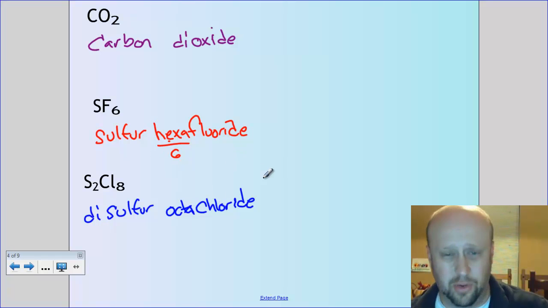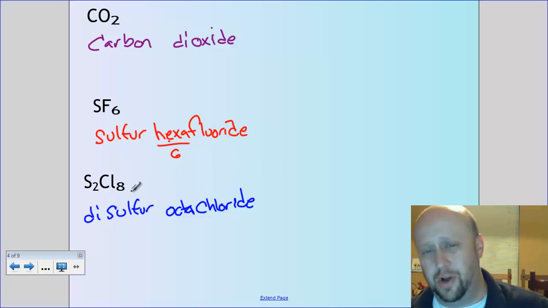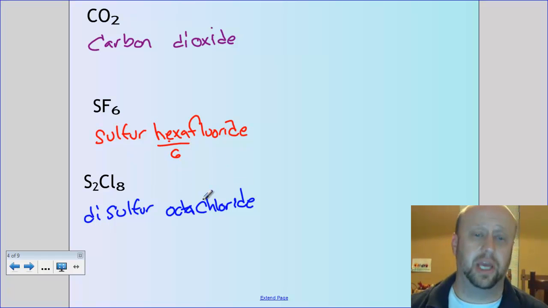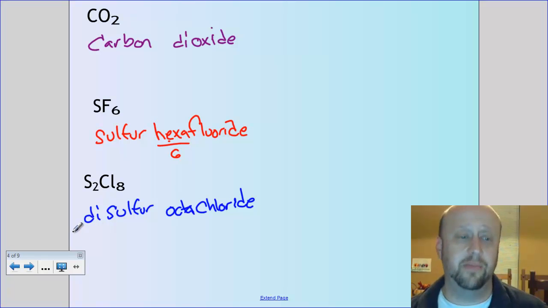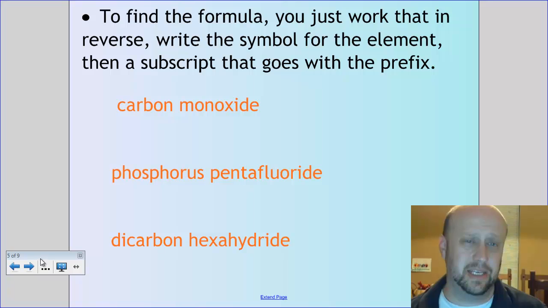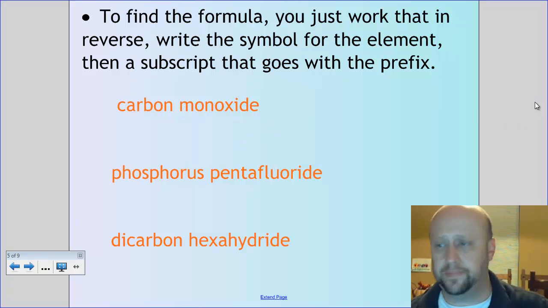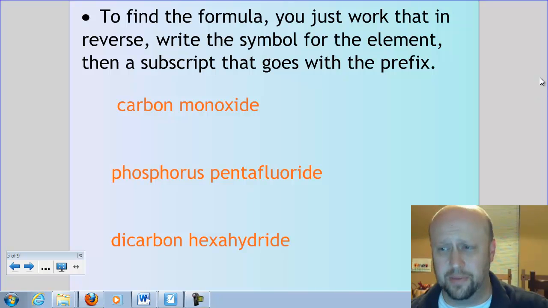You'll notice there was no crisscross here. There was no figuring out what the charge is, because these are covalent. They don't have any charges. So you just name how many of them there are, basically. And that's really about as easy as it is. If you've got the name and you have to find the formula, honestly, that's even easier. So the way that works is that you just write